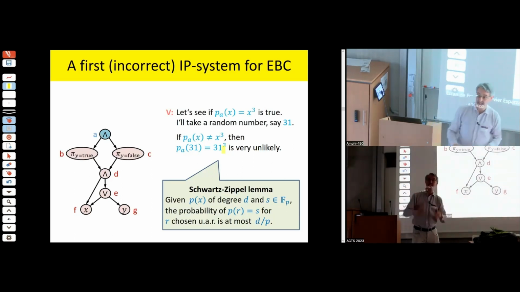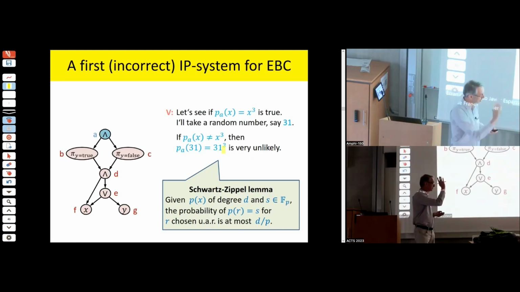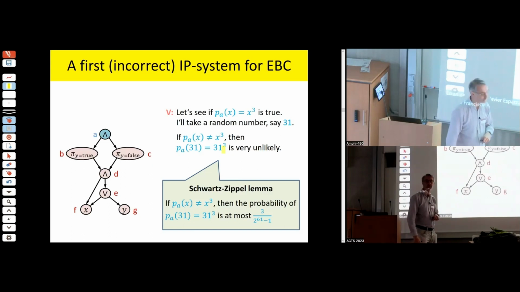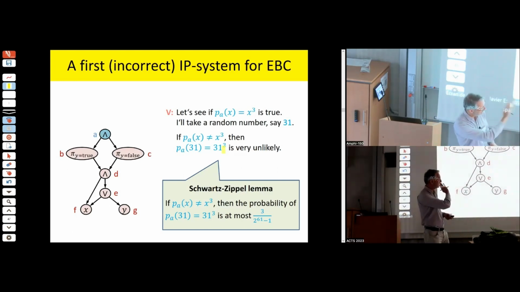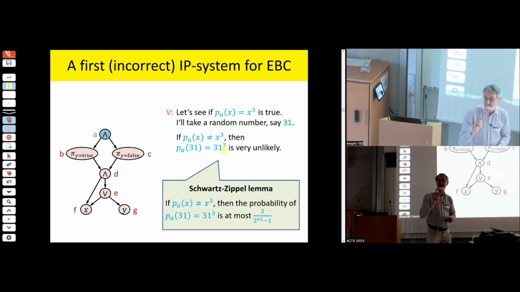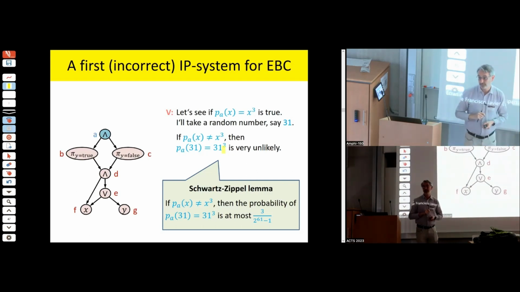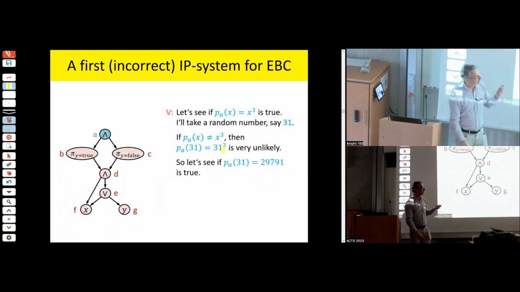So this is essentially the idea. This is the formal statement, which you don't have time to understand now, but essentially what this is telling you when you apply it is that if the polynomial is not x cubed, then the probability that that polynomial evaluated on 31 gives me the same result as x cubed is at most that number, okay? And that number is very small. Good, so